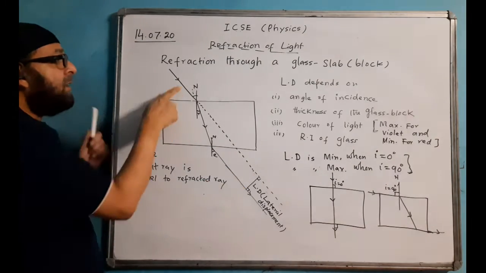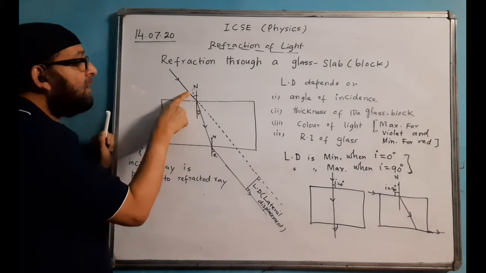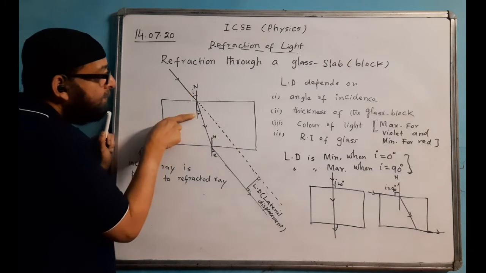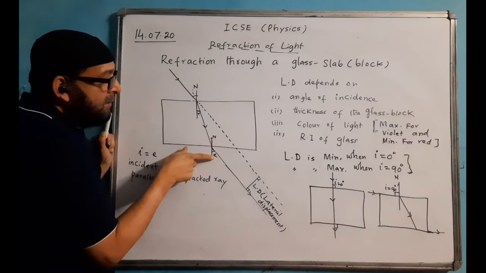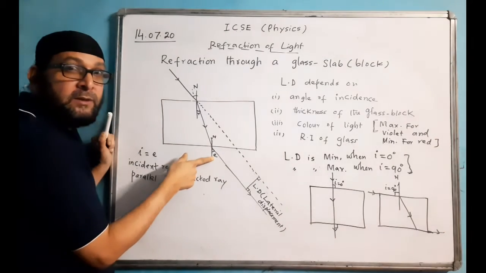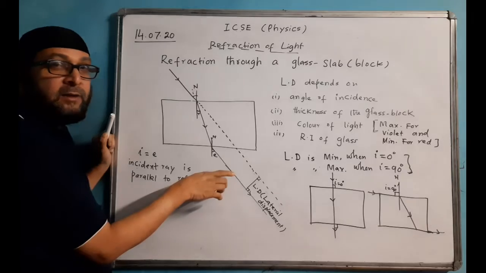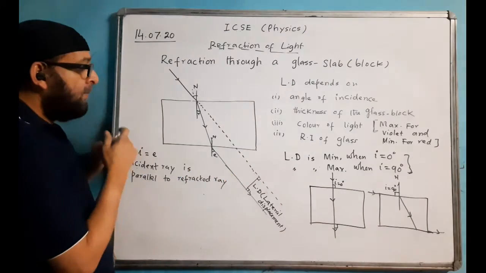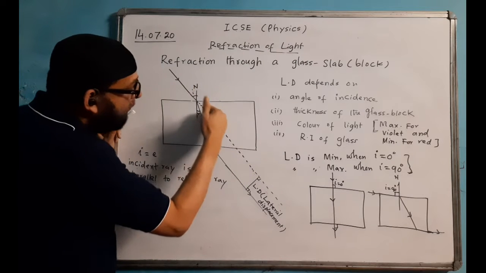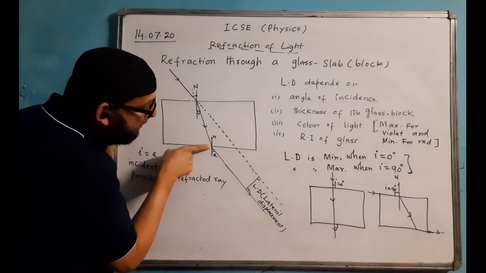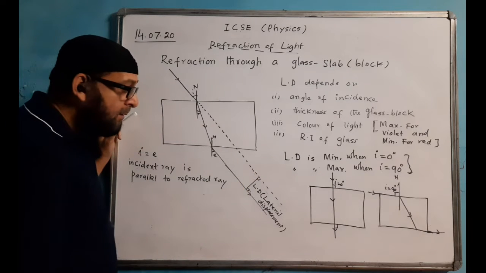So this is called the incident ray, refracted ray, and the emergent ray. This angle is called the angle of incidence, angle of refraction. This angle and this angle will be the same. And this angle is called the angle of emergence. This is e. This is the emergent ray. I think in class 8 also we used to do the same diagram. These two rays you must draw parallel. First put this ray forward and then draw a ray from here in such a way that these two rays look parallel to one another.